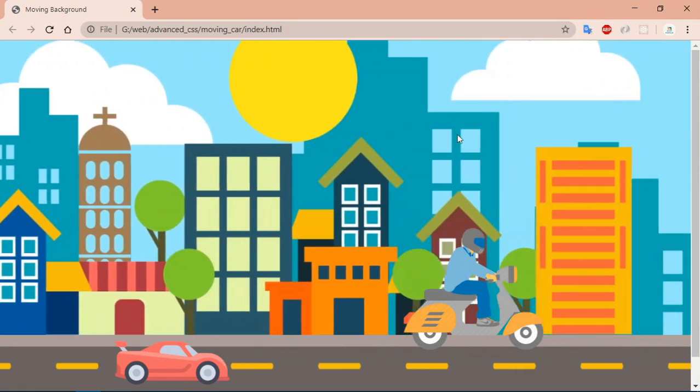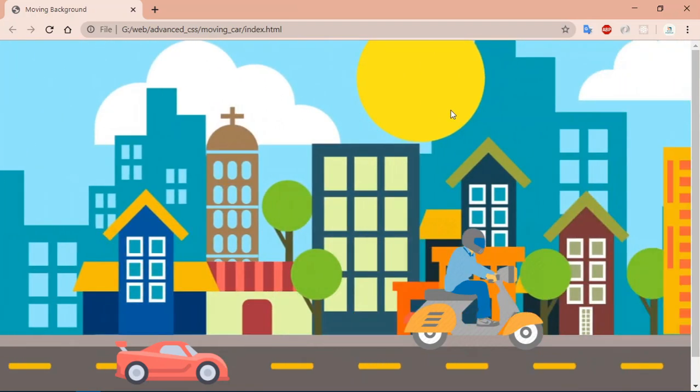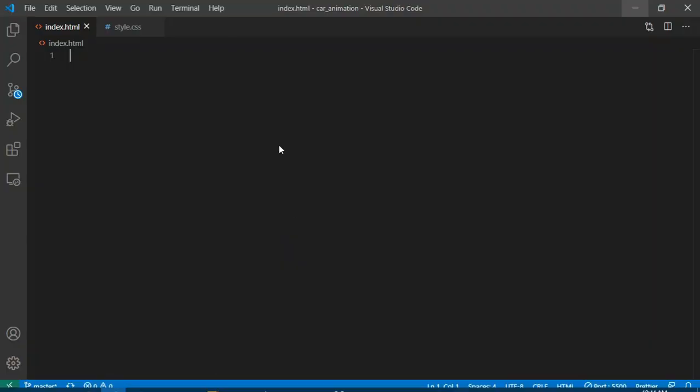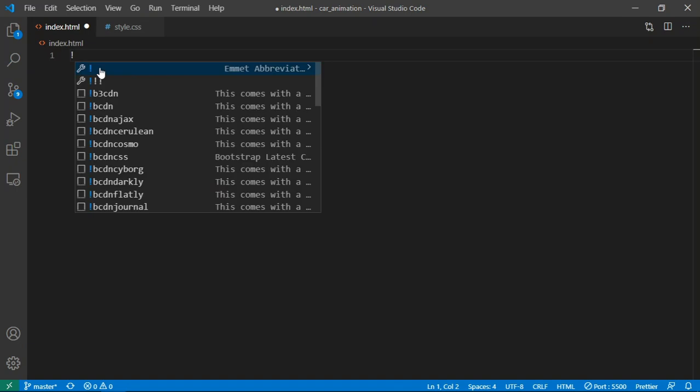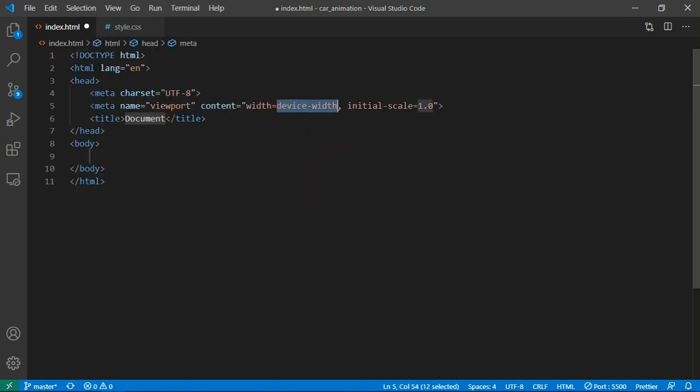So let's head over to our code editor. For this project, I am using VS Code Editor. Feel free to use any code editor in which you are comfortable. First create two files. First is index.html, second is style.css, and create a boilerplate by pressing shift and ! and hit enter.